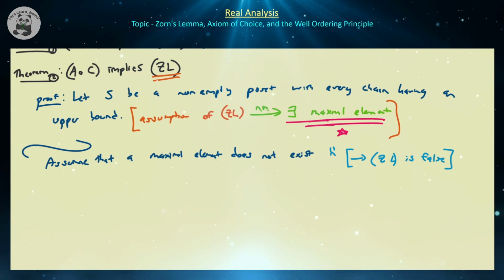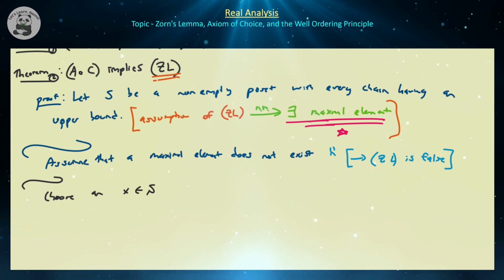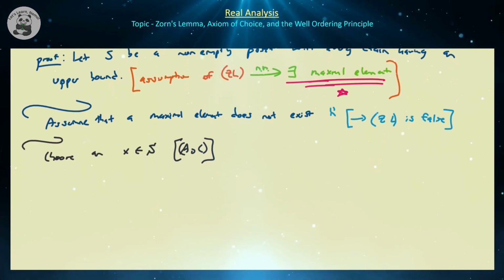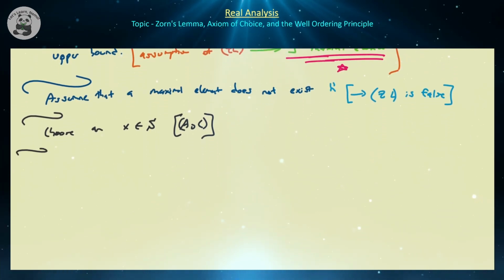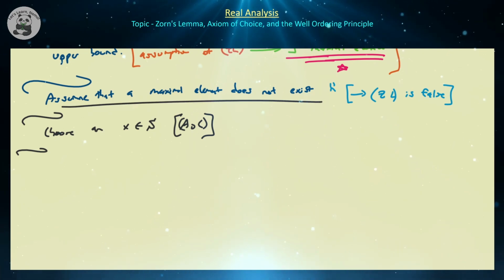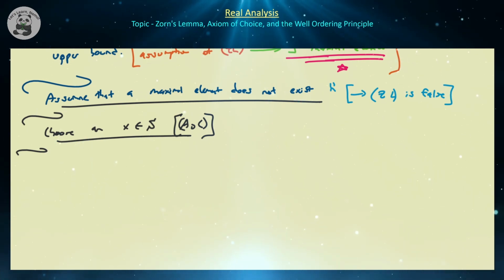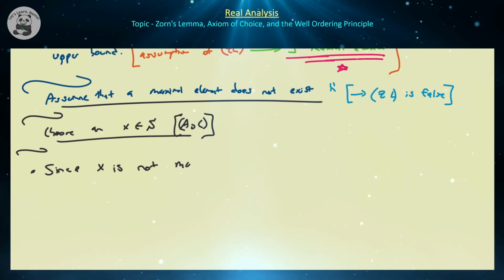So what we're going to do is choose an x in S. Again, what allows us to choose an element in this set? Obviously that's coming from the axiom of choice. So we're assuming that a maximal element does not exist, and we're choosing a particular element in this set, which we're always allowed to do under the axiom of choice. What can you tell me about this element that I'm choosing? Well, since x is not maximal,